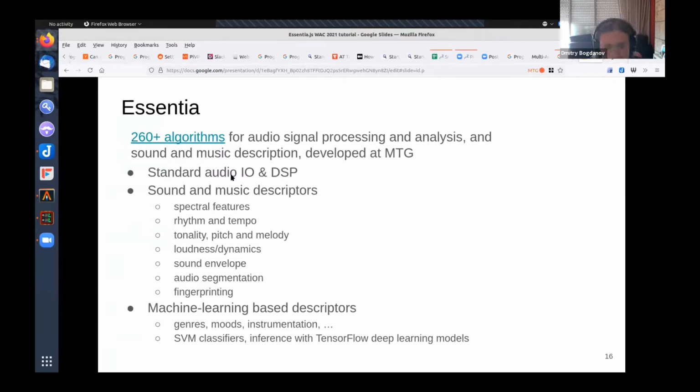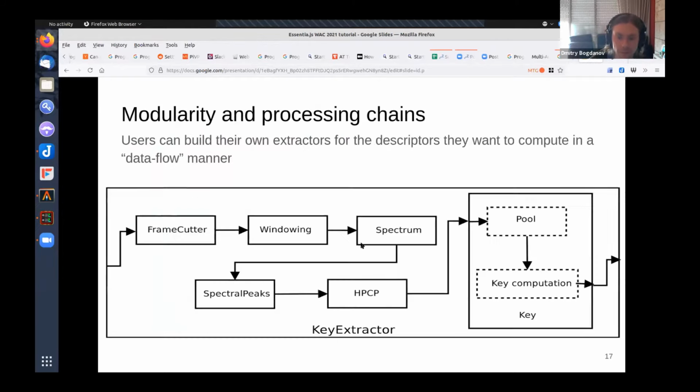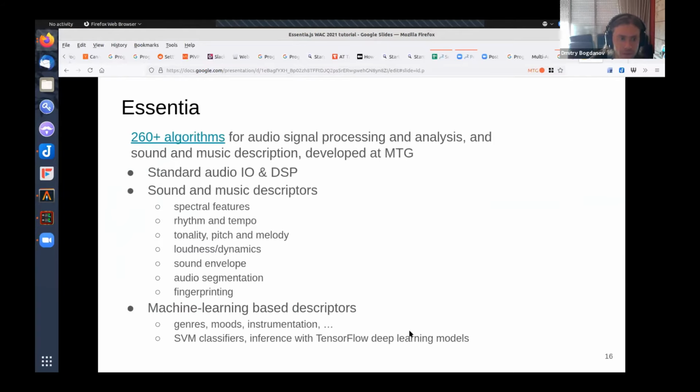As I mentioned, all this stuff that we work on with MIR, many PhD theses were implemented into the software. And we also implemented functionalities for machine learning inference, which is what we have in the case of TensorFlow and